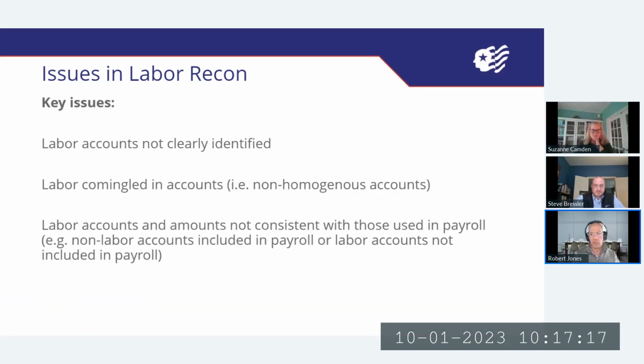So what are some of those issues? And what you're going to find on this first slide is it's around the labor accounts. So labor accounts are not clearly identified. When we help people set up or configure their accounting system, we have a chart of accounts. What you'll see in our chart of account template, what we recommend is that your labor account name needs to have the word labor in it, right? Let's be clear that this is direct labor, this is overhead labor, this is G&A labor.